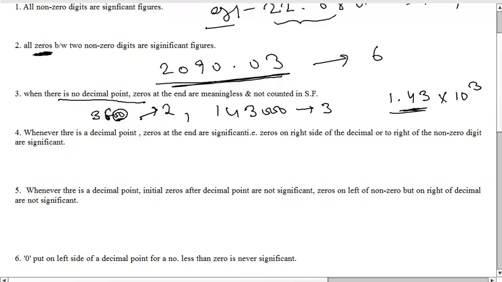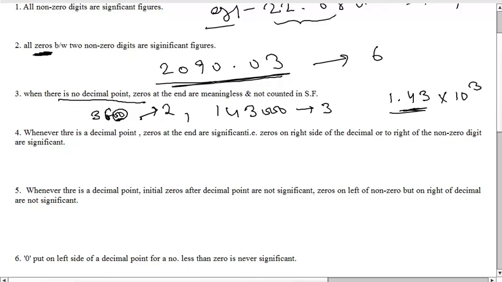Okay. Let me know of any confusion. Then let us discuss our next point. So the next point is, whenever there is a decimal point, zeros at the end are significant. That is, zeros on the right hand side of the decimal and to the right of the non-zero digit are